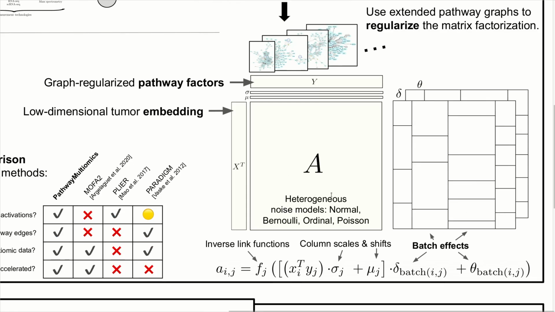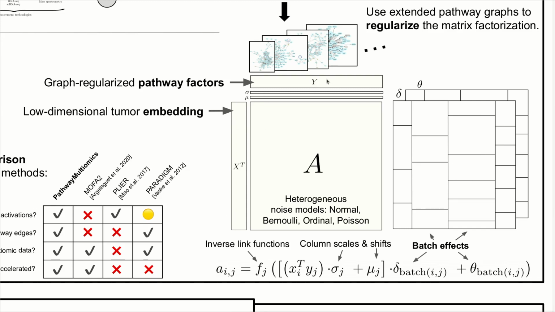In order to do that, we frame the problem as a matrix factorization. Here's how that works. We take all of our multiomic data and put it in a big array where each row is a tumor sample and each column is a specific measurement. For example, one set of columns might be RNA-seq data, another set of columns might be copy number alteration, and so on and so forth. But we assume that the data are generated by multiplying two much smaller matrices, X and